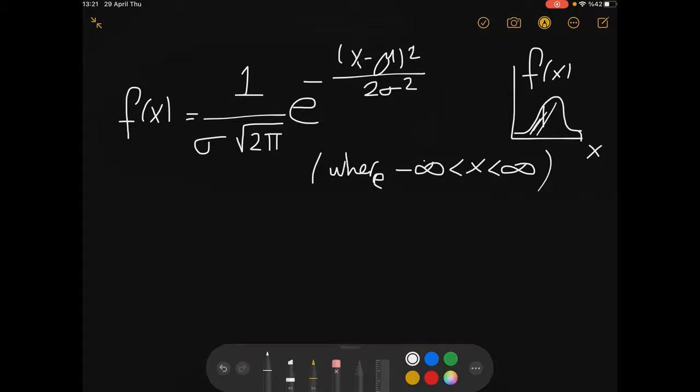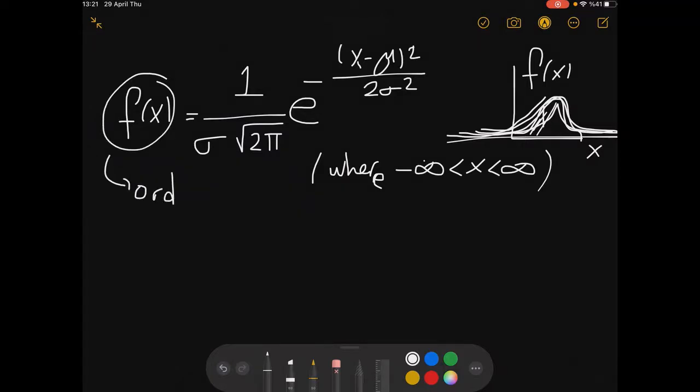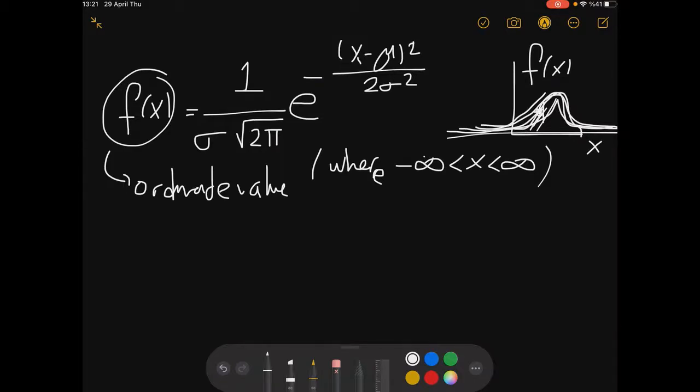That's it. So we're talking about a curve like this. Okay, the original one is like this. This is called your ordinate value, namely how the mass of the population is gathered around that part. So it can be either here or here or here. So many are gathered here, or so few are gathered here, whatever. Okay,